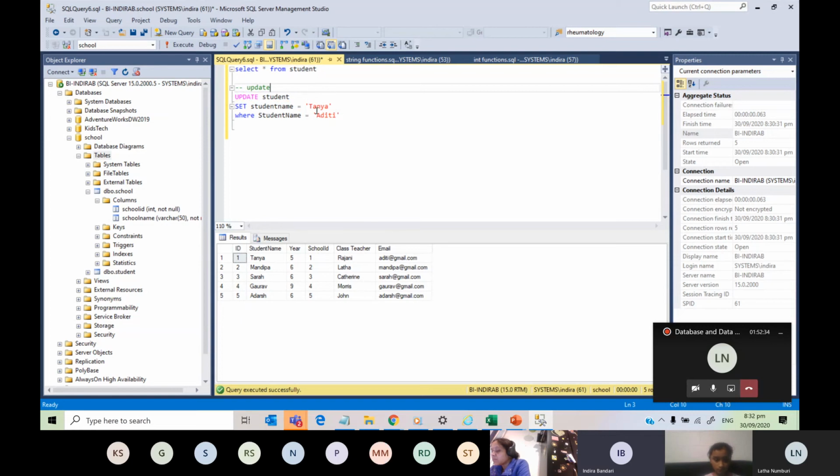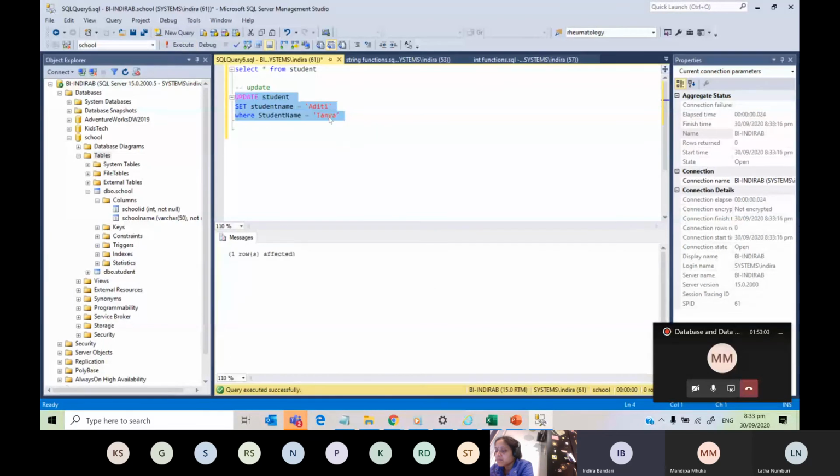Because the data has already changed to Aditi, this won't work now. Will this work if I run this again? No, because there is no Aditi here, right? So I want to replace. I say Aditi and Tanya. Okay, I am replacing that.